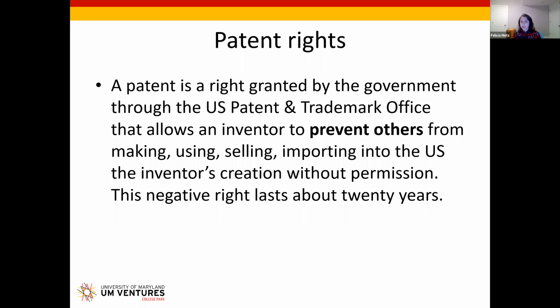It doesn't last as long because the scope of protection is much greater. But in exchange for this limited monopoly that you get for 20 years, you have to include a fully detailed enabling description of your invention in the patent application, so that once the patent right expires after 20 years, anyone should be able to know what the invention is, how to make it, and how to use it. So if you